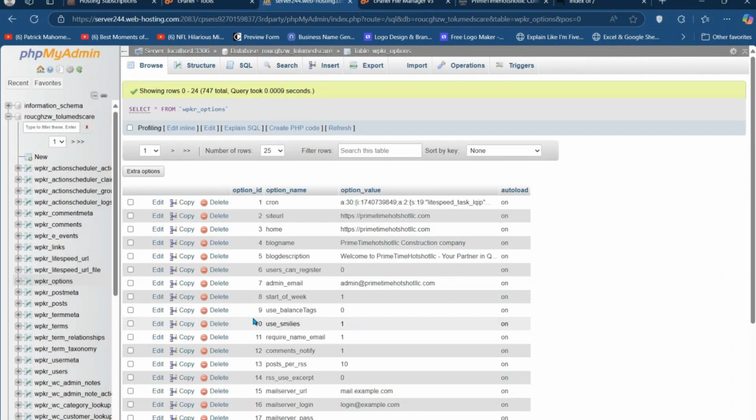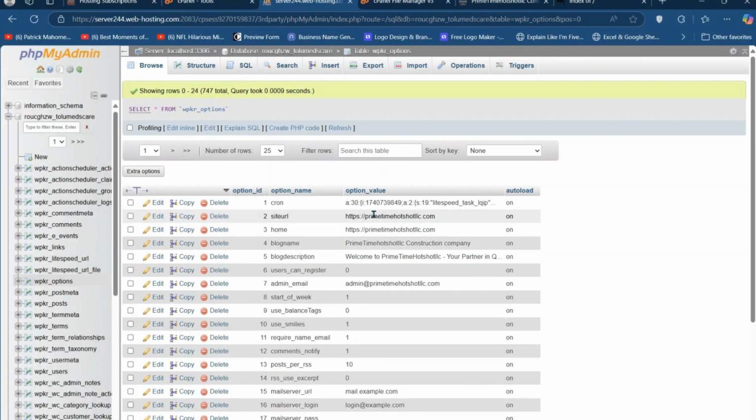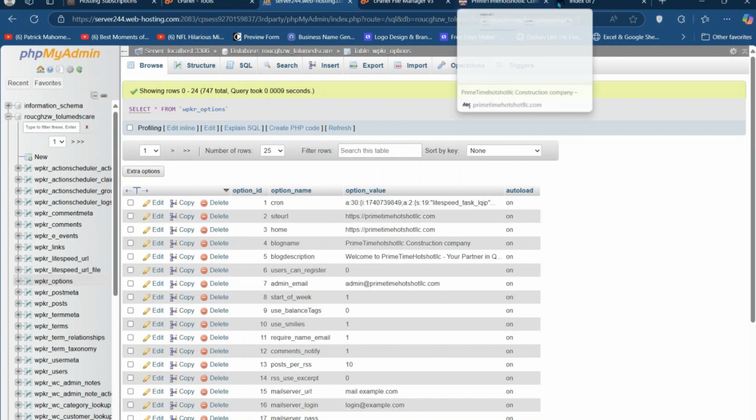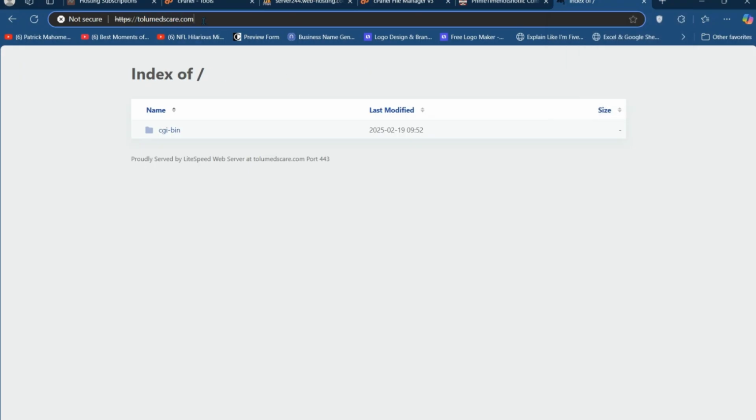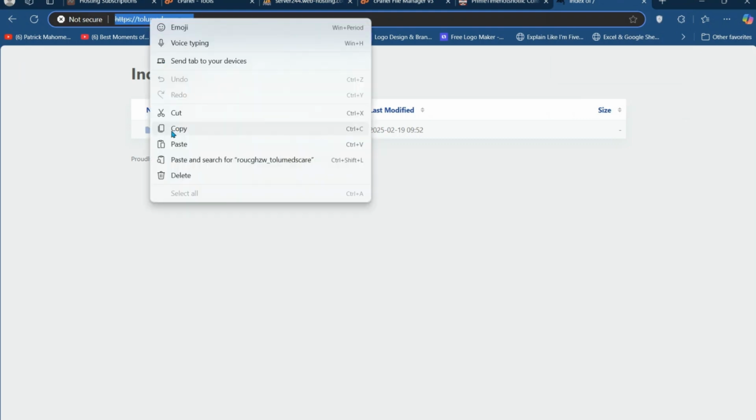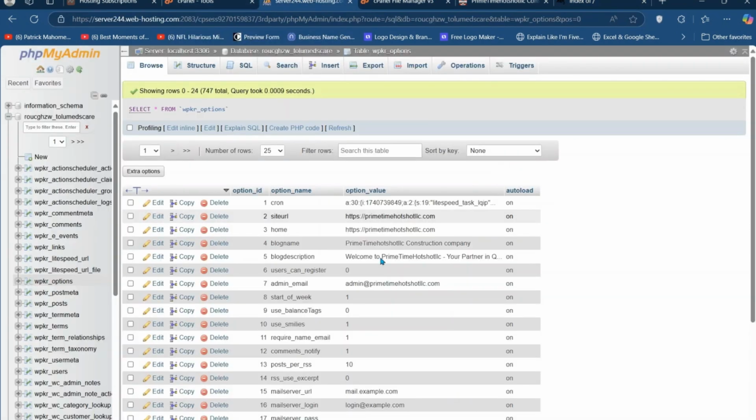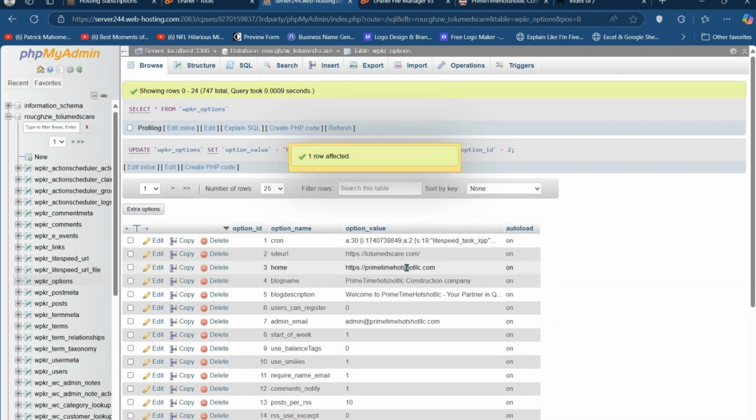We open up that. Here we're going to be changing the URL. We're going to be changing this URL and this URL. As you can see, this is not the URL we want to be pointing to, so this is the URL we want to be pointing to. So I'm going to go ahead and select this, copy, and go back to this, double click on this, select all, and Ctrl V, then enter. The second one also, come in here, select all, Ctrl V,